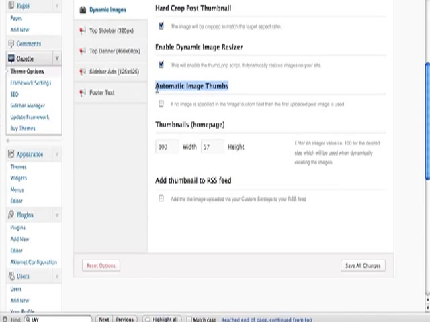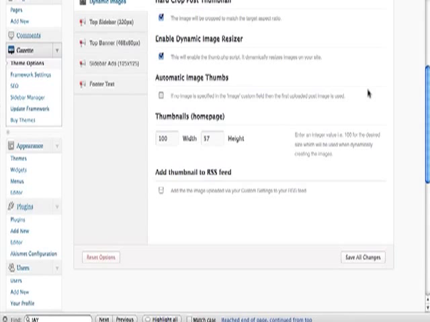So the next on the list that you might want to change is the automatic image thumbs. Now, in every post, you have the option to create a custom field and specify an image to use as a thumbnail. Now, if you chose not to create a custom field and didn't specify a thumbnail, then there just wouldn't be one. However, if you chose to check automatic image thumbs and didn't specify a thumbnail with a custom field on an individual post,